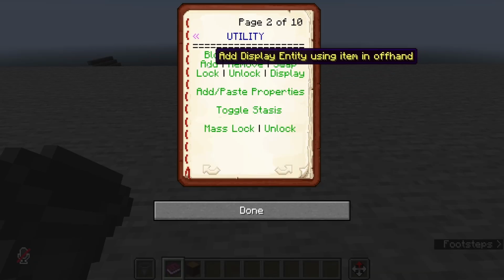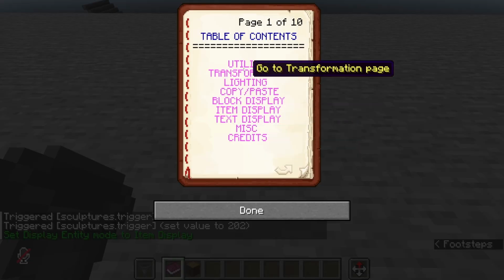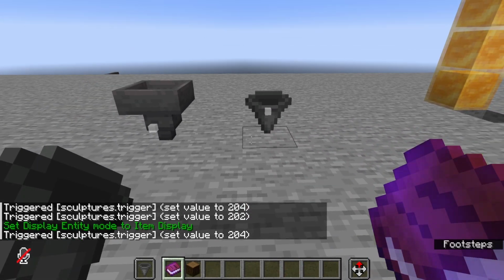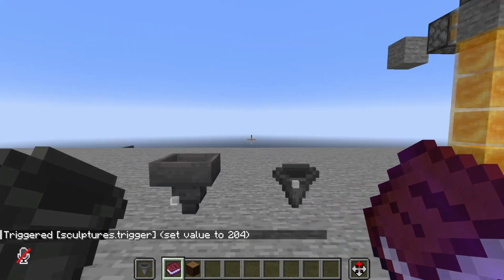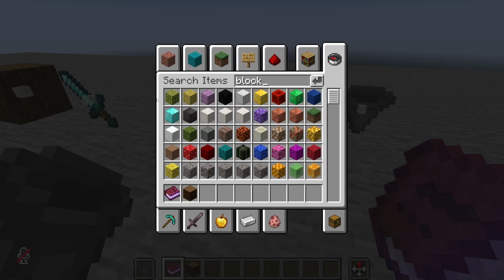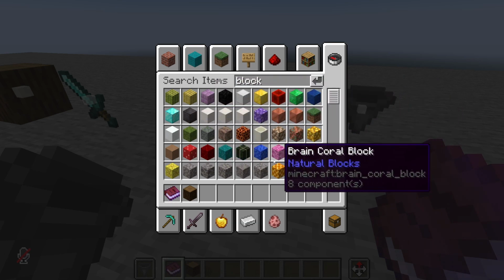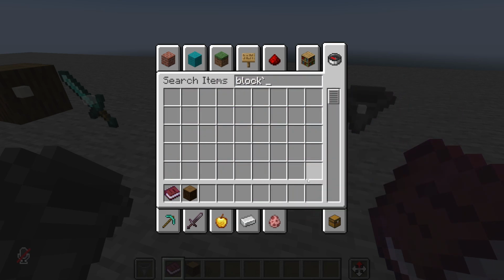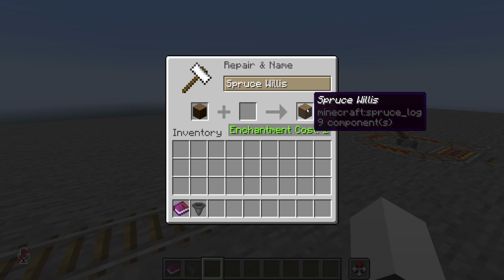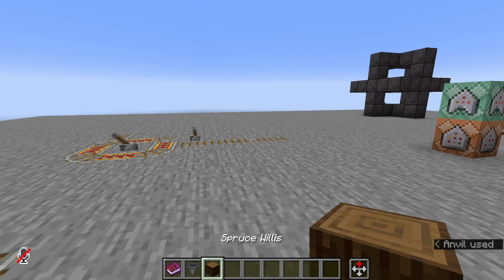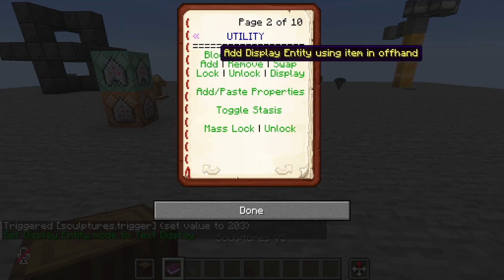In block mode, the hopper will appear as it does when you place it in the world, versus in item mode, it will appear as a 2D item. This is because the item form of a hopper is a 2D item normally, but the block itself is 3D. Most generic blocks, like deepslate or stone, will show up the same regardless of block or item mode, since their rendering doesn't change. And finally, in text mode, it will use the custom name of the item in your offhand to add text to the world. Simply rename the item in an anvil, and when you add it in text mode, the custom name will appear